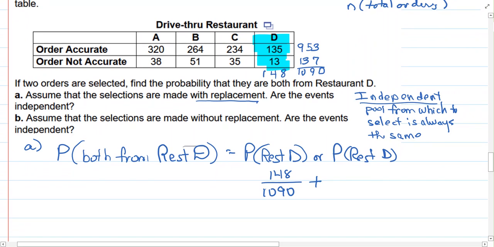And we take the second one, and we're going to put the 148 on the 1090, and we're going to get 296 out of the 1090. All right, but